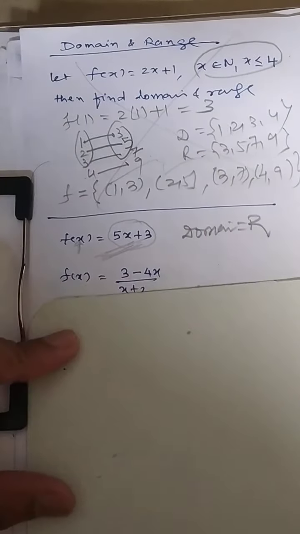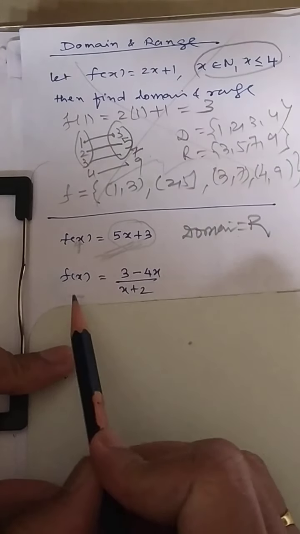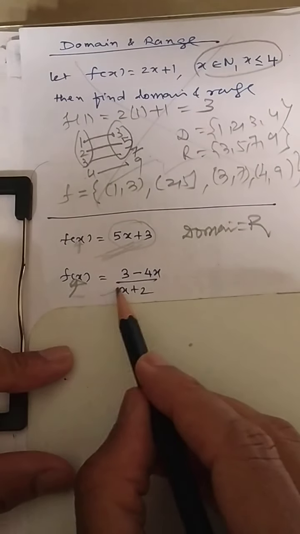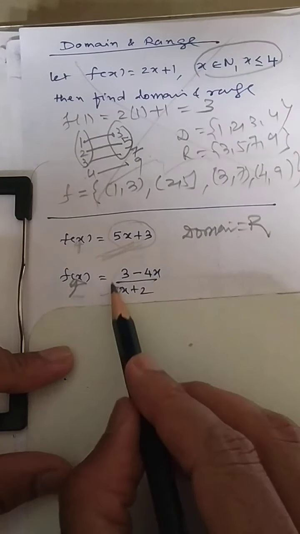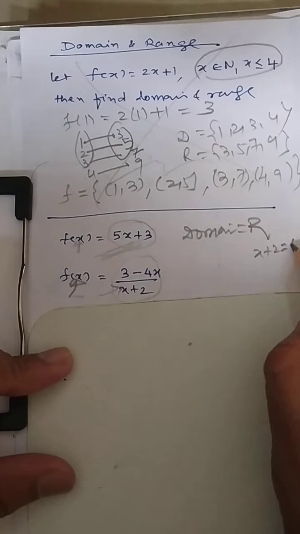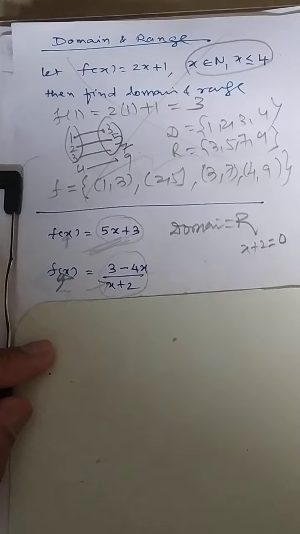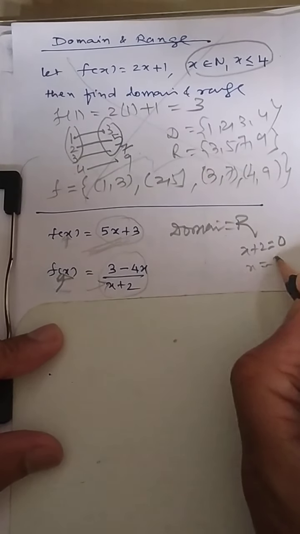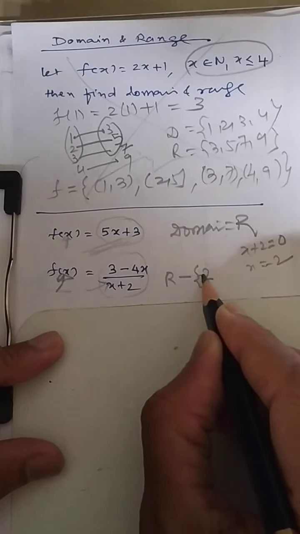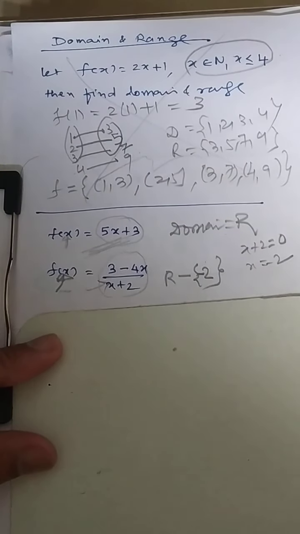Let us see now. Can you replace this x by anything? No. You cannot replace x with minus 2. Do you know why? If you replace x with minus 2, then this denominator becomes 0. So in other words, if you want to find the domain, the best method is to set the denominator equal to 0 and identify the term. That means x is equal to minus 2. So what we'll do is, from the real numbers, delete minus 2, and you will get the answer.